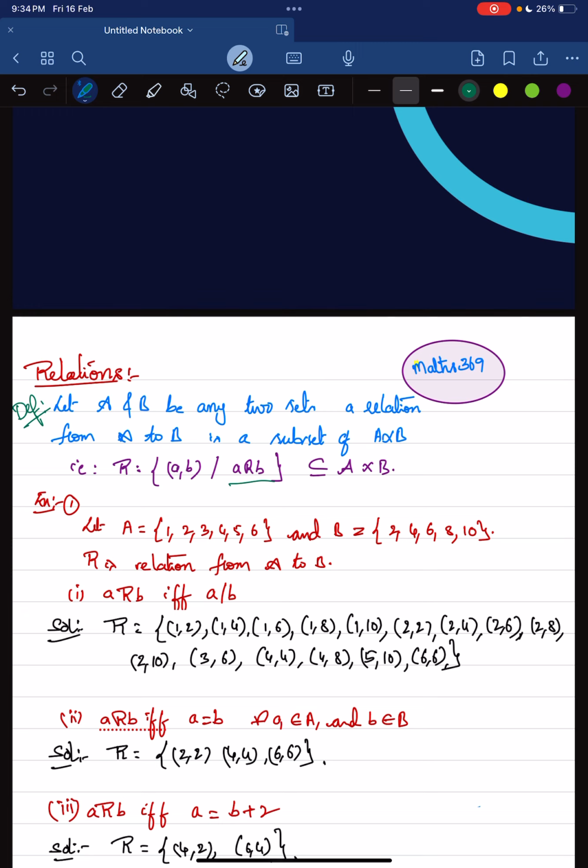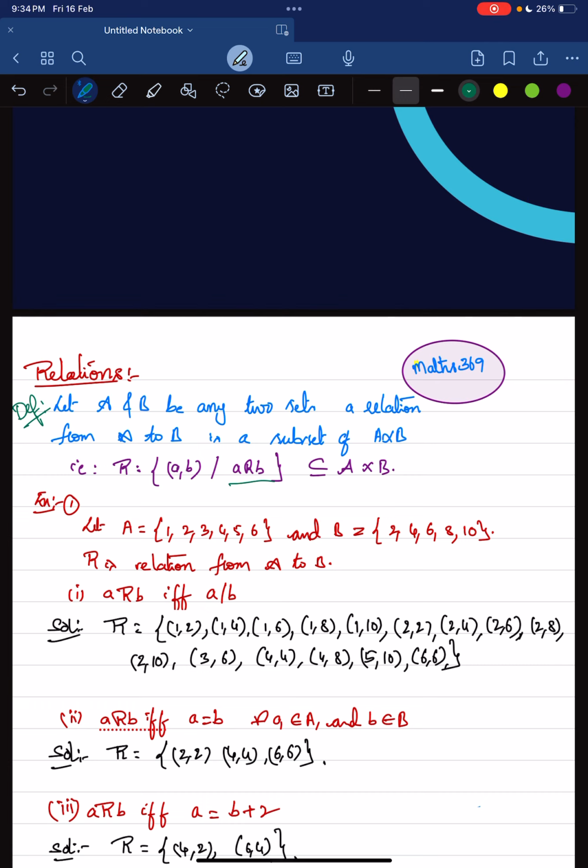Let A equals 1, 2, 3, 4, 5, 6 and B equals 2, 4, 6, 8, 10. R is a relation from set A to set B. First example, a is related to b if a divides b. So R equals (1, 2), (1, 4), (1, 6), (1, 8), (1, 10), (2, 2), (2, 4), (2, 6), (2, 8), (2, 10), (3, 6), (4, 4),